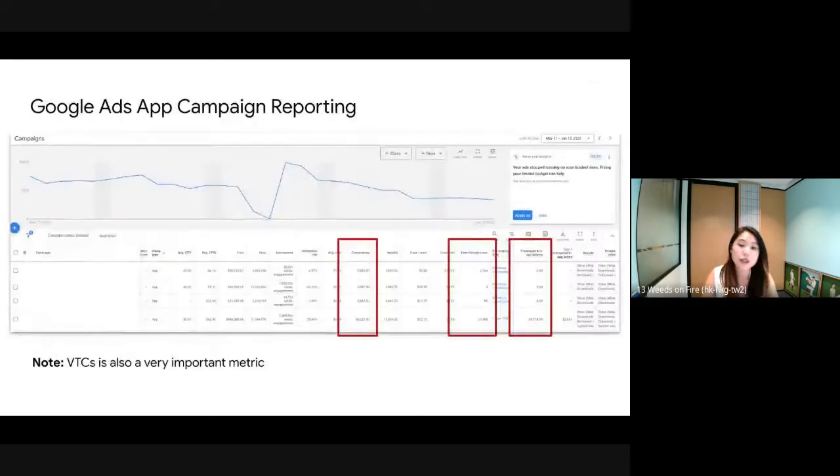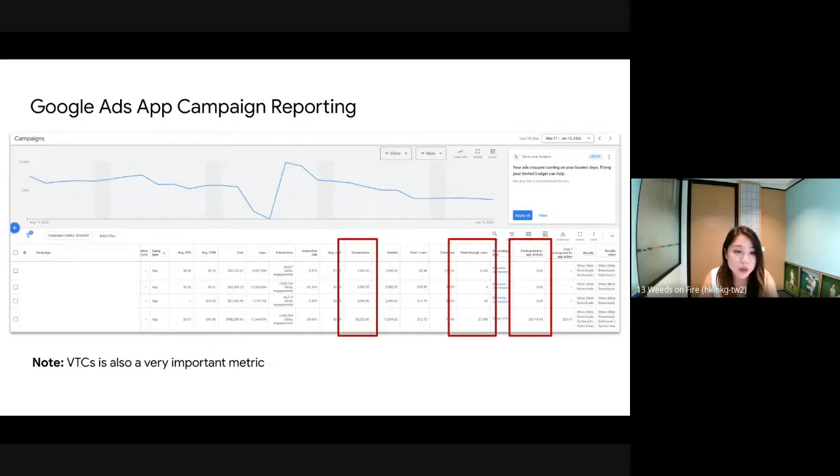So if we look into your Google Ads, for example, here, you will see that the conversions column has those numbers for conversions. However, view-through conversions are something you need to tick and then account for in those conversions.